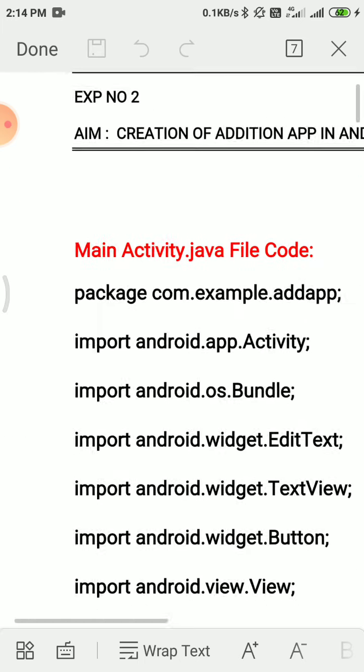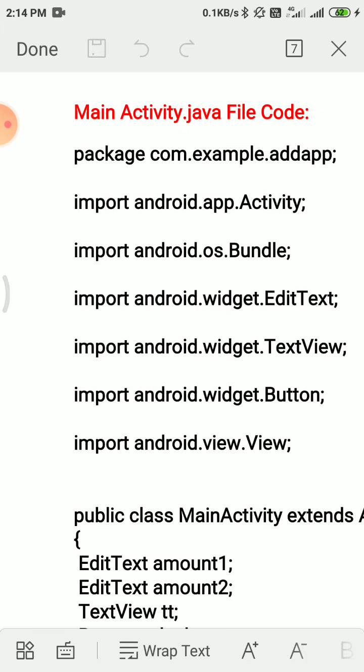In this particular code, the package com.example.addapp is created automatically. Once you open the Android Visual Studio, you have to give the name of your app. Suppose you have saved your file in the example package or the example folder, then this line is generated automatically.